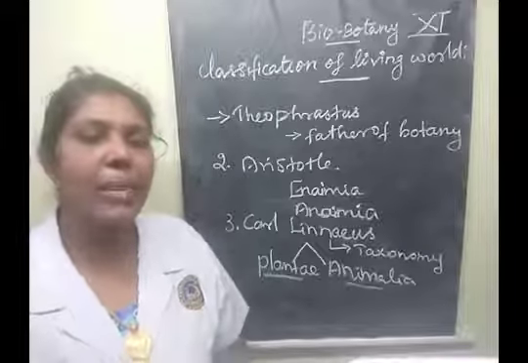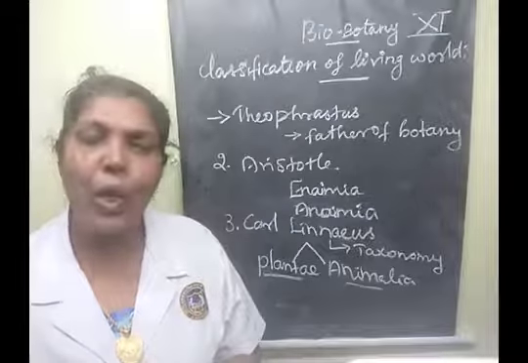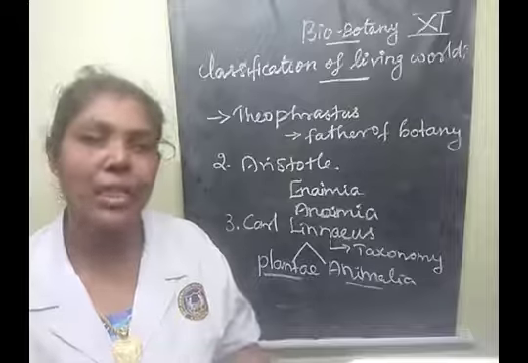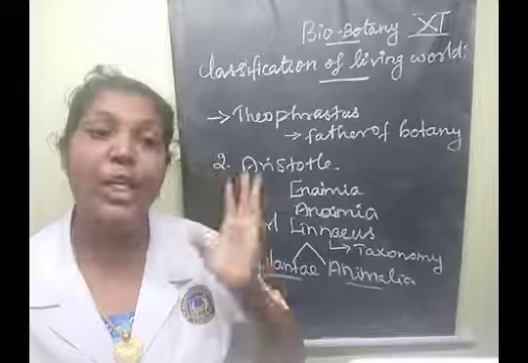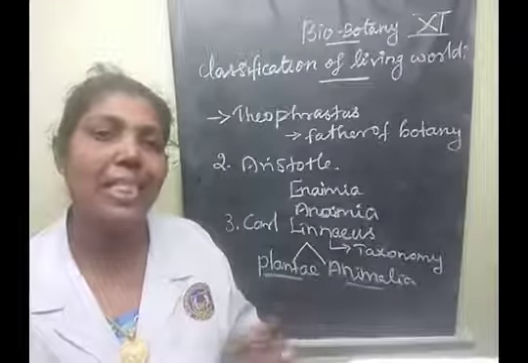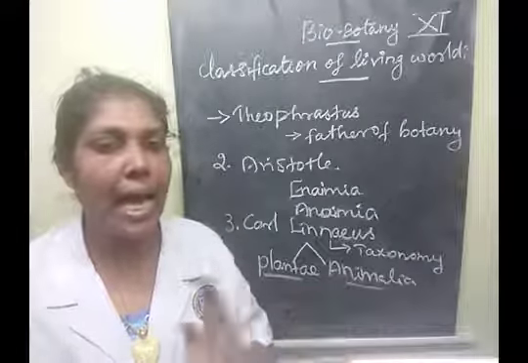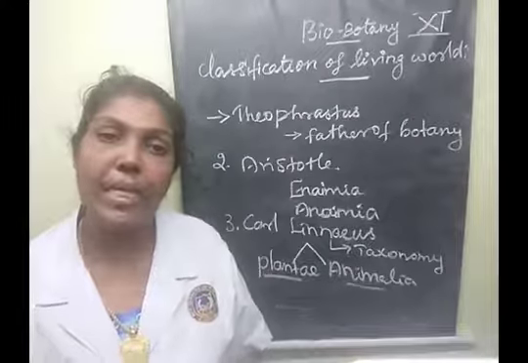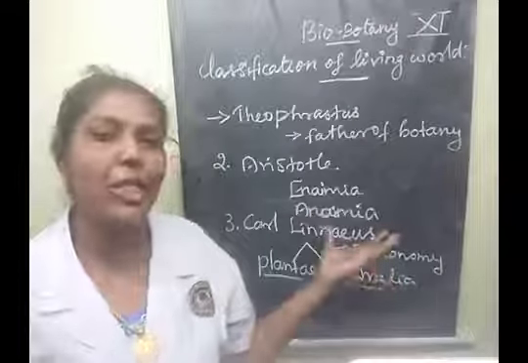Then many taxonomists referred to other fields. What are the other fields? Cytological studies and cell biology. Cytology means cell biology, and then embryology, anatomy. Anatomy means the internal structures, and molecular biology, phylogeny. So these are the areas they looked at, and based on those characters they classified the organisms into different kingdoms. Understood, children? This is the introduction part.